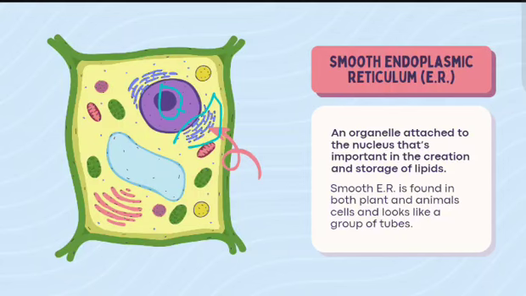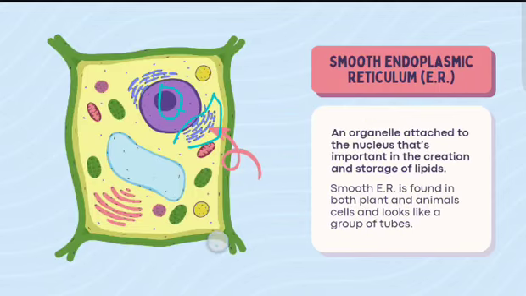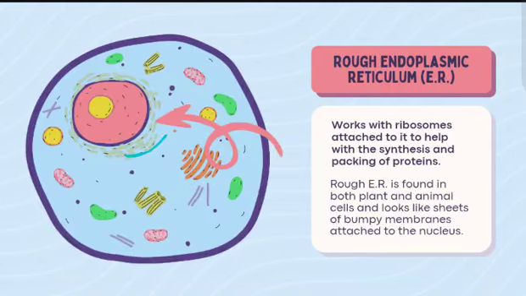It looks like a group of tubes. This is the animal one, and the one which you saw before is the plant one. This is a definition for both, but this is smooth and this is rough. The animal one is rough, that is smooth. Rough ER works with ribosomes attached to it to help with the synthesis